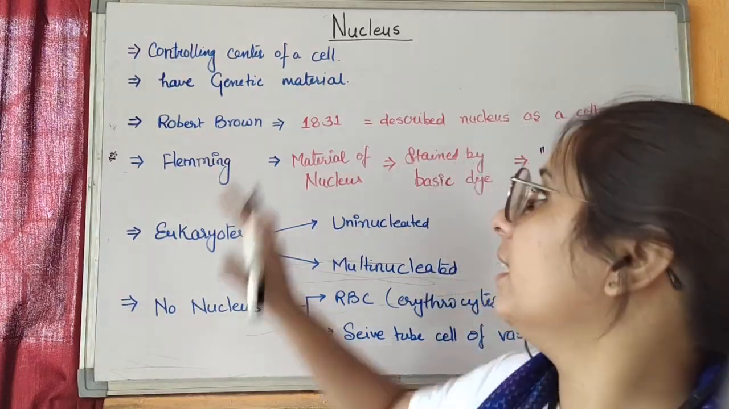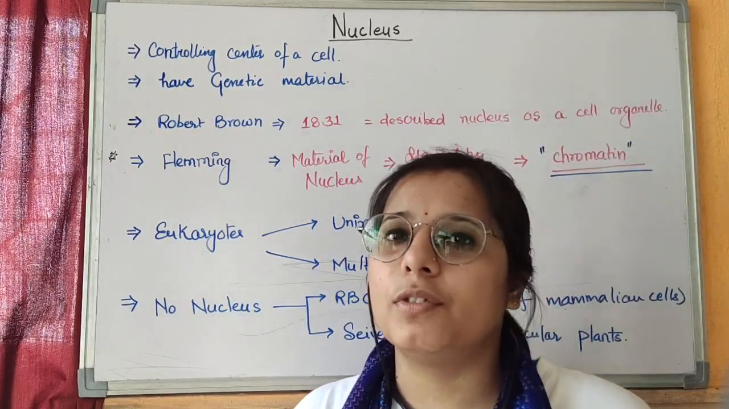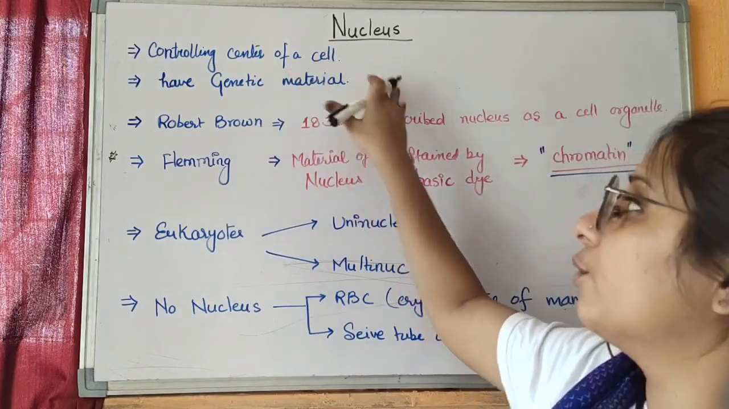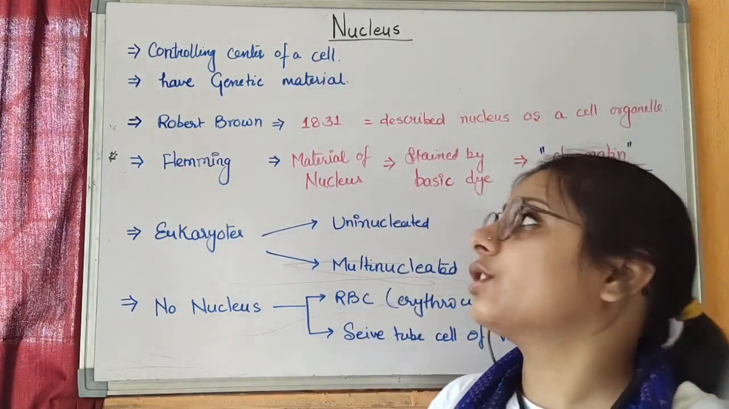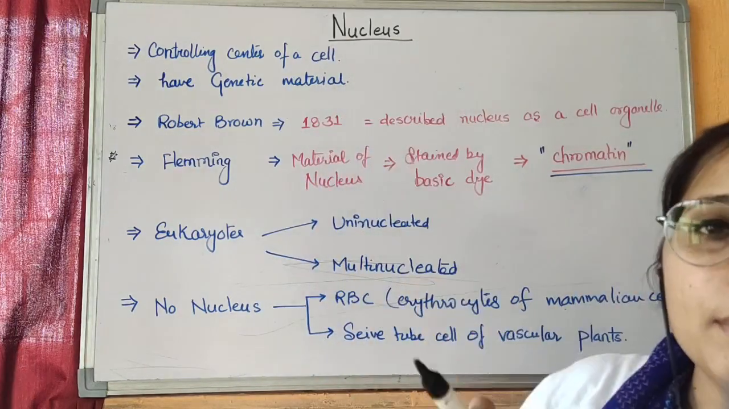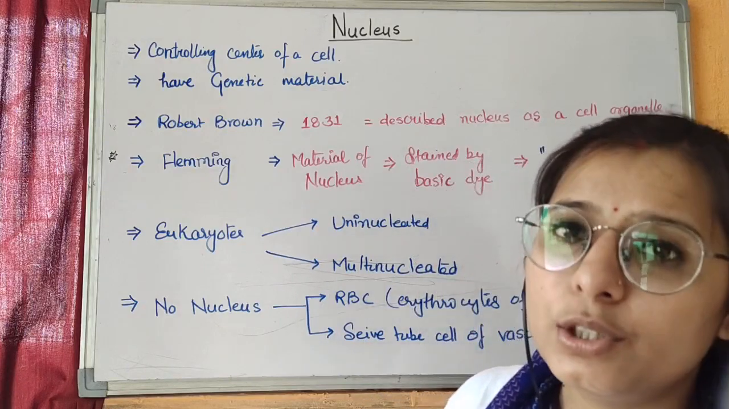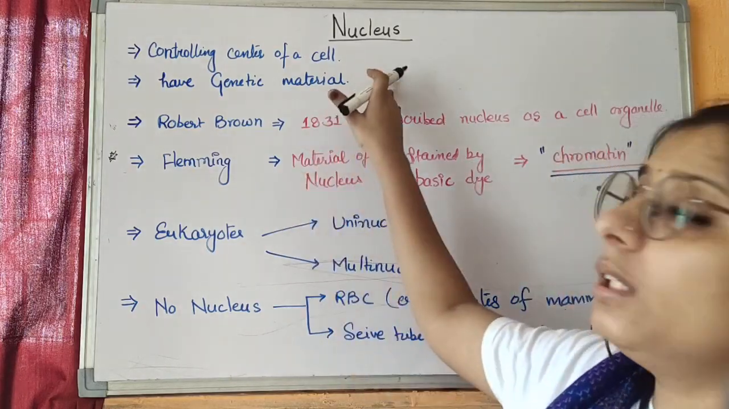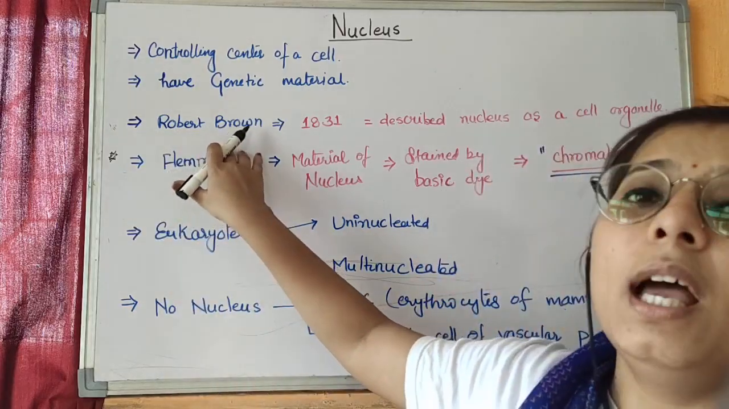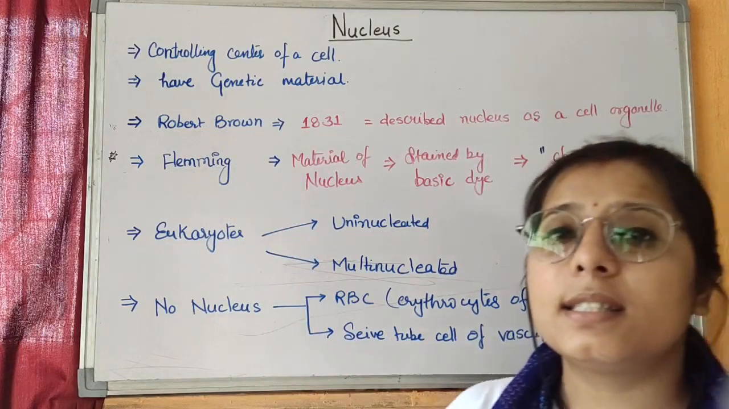Today we will study the basic and most important cell organelle of a cell, and that is the nucleus. It's the controlling power of a cell and it's also called the controlling center. It has the genetic material of a cell, and the genetic material is very important to make it living. The nucleus was discovered in 1831 by Robert Brown, and he described the nucleus as a cell organelle